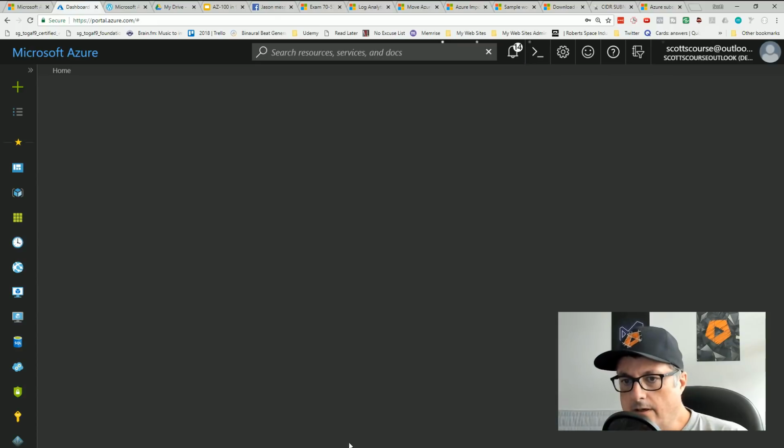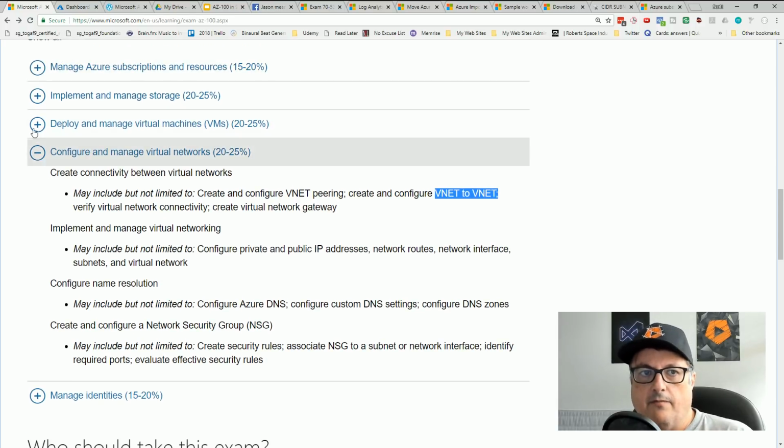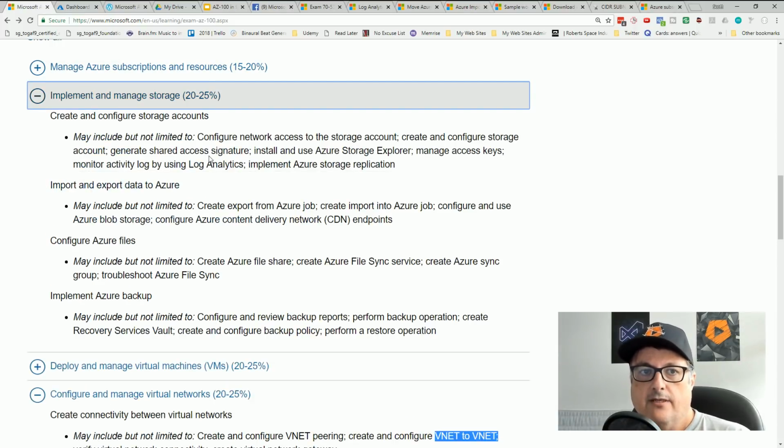All right, wow, the hour passed by really quick. Microsoft is adding new features, new functionality. We've talked in the last hour about how Log Analytics is pretty new.